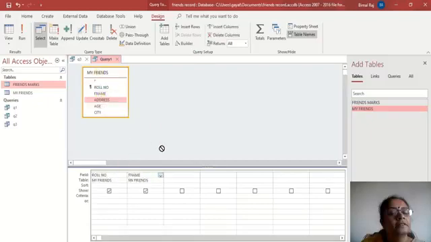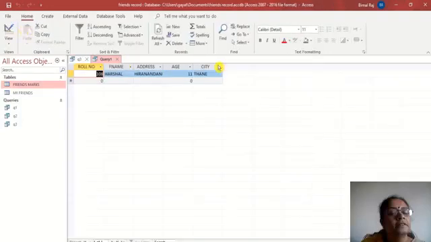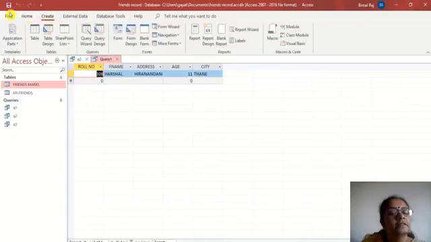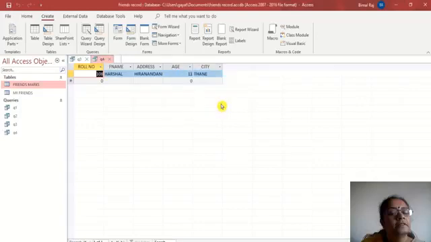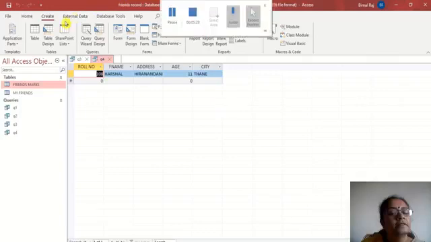First name, address, age and city, and this time I want for roll number criteria 108. The criteria 108, run the query and it is showing me only for 108. Now I will save it. Q4, query 4, the fourth question is also solved. And the last one is to display all the friends whose marks are greater than 70%. So this is the last one.